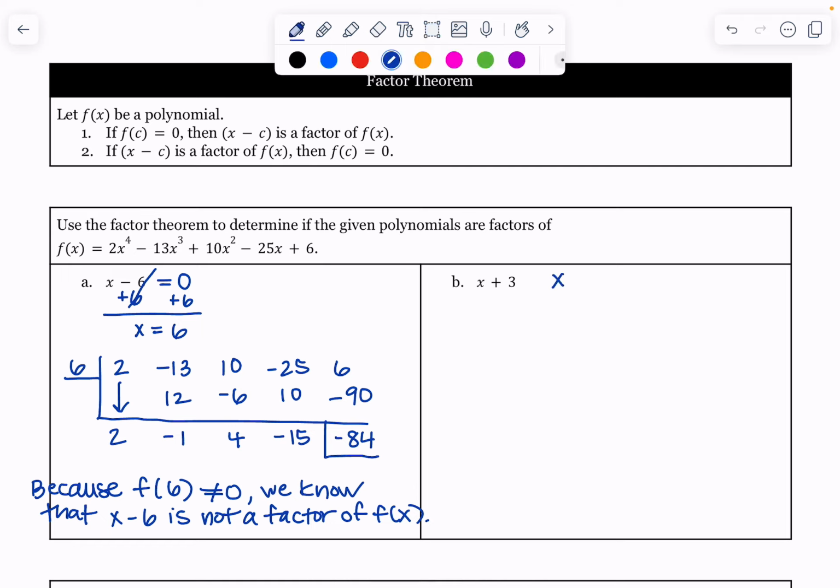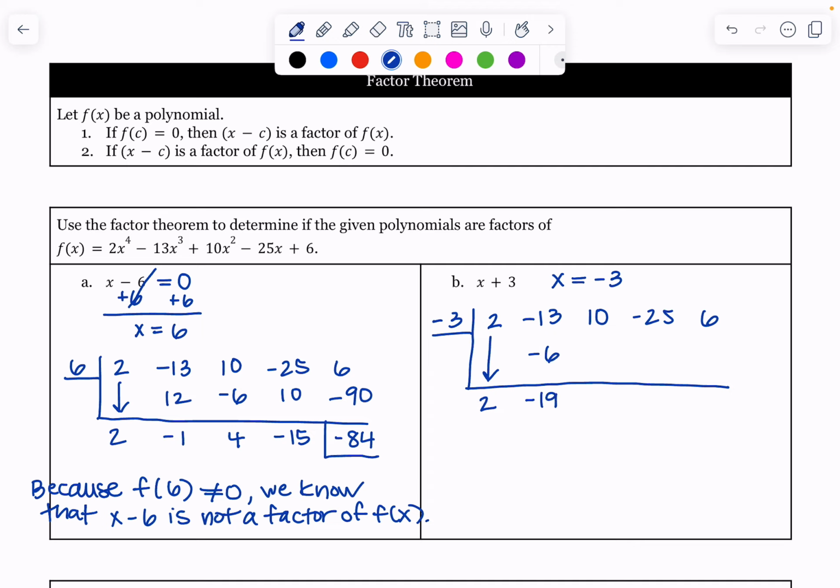Really quickly, you should be able to tell that we're going to be plugging in negative 3. When I use my synthetic division, I'm going to create my table. My top row is going to be 2, negative 13, 10, negative 25, and 6. I'm going to drop the first term always. And then after that, I'm going to multiply and add. I can't do that in my head, sorry. Multiply